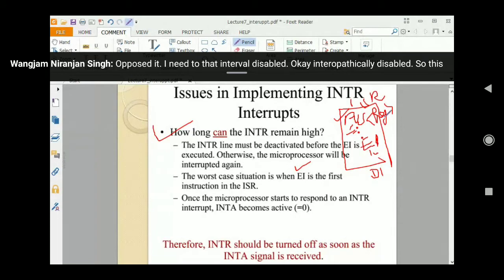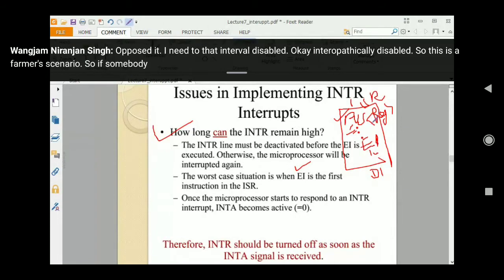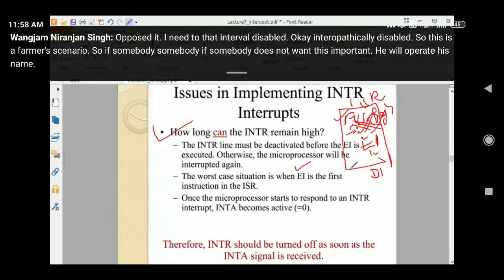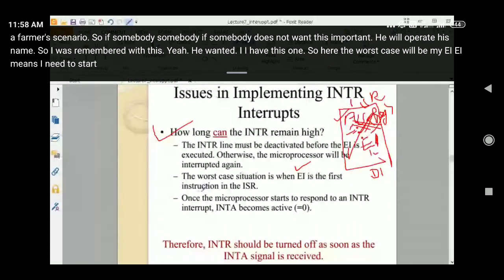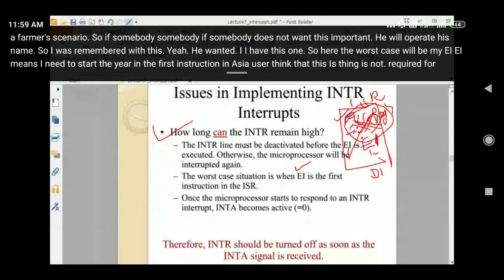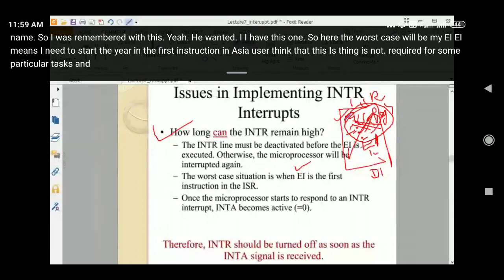So if somebody does not want this operation, ये वाला operation नहीं, तो I would remain with this EI, ये वाला instruction नहीं चाहिए. But here the worst case will be my EI. EI means I need to start with the EI as the first instruction in the ISR, जो user thinks that this thing is not required for some particular task. एक task था पहले तो वो चाहिए था इसलिए एग्जीक्यूट.